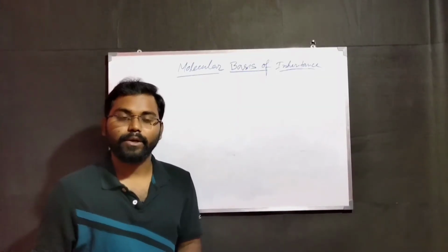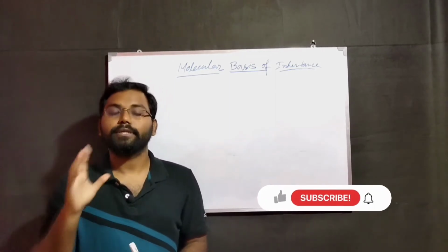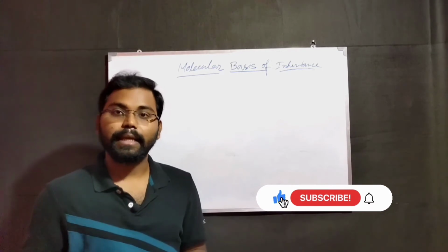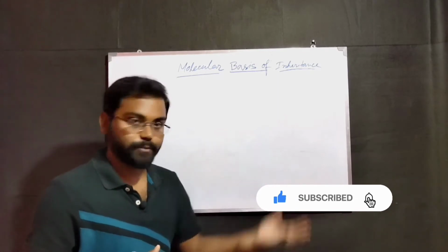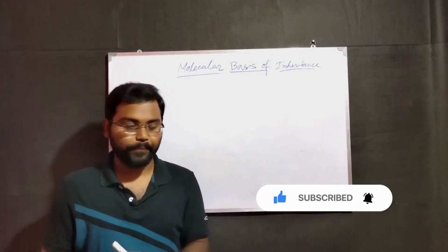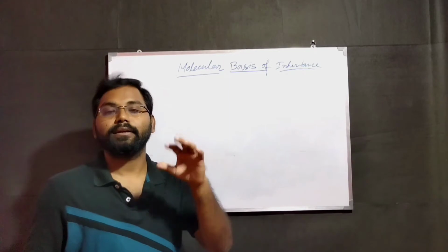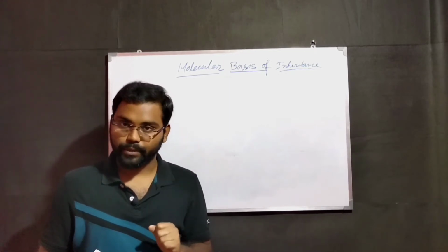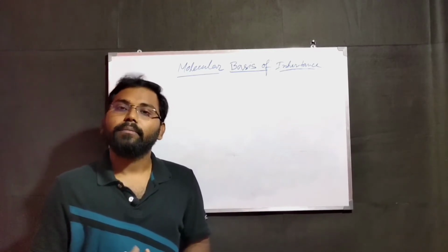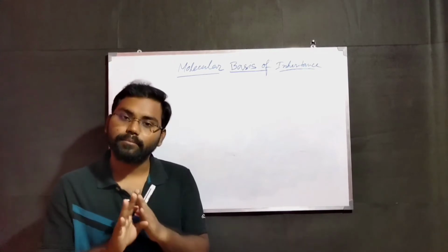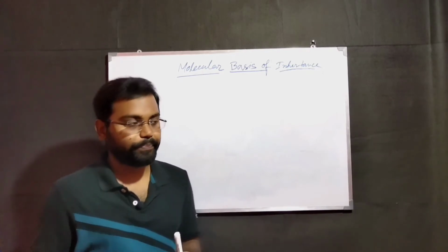This is our second class on molecular basis of inheritance. In our previous class, we discussed the experiments in search of genetic material, that means the experiments of Griffith and Avery. Now we know that Avery concluded that DNA is the transforming principle. But at that time,